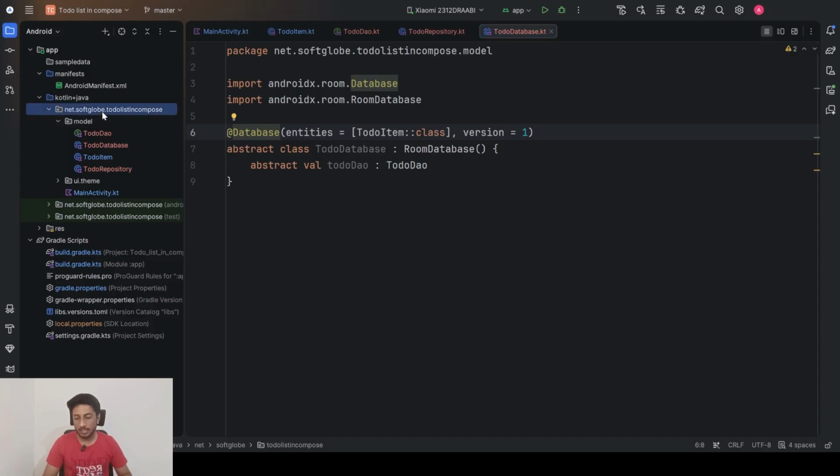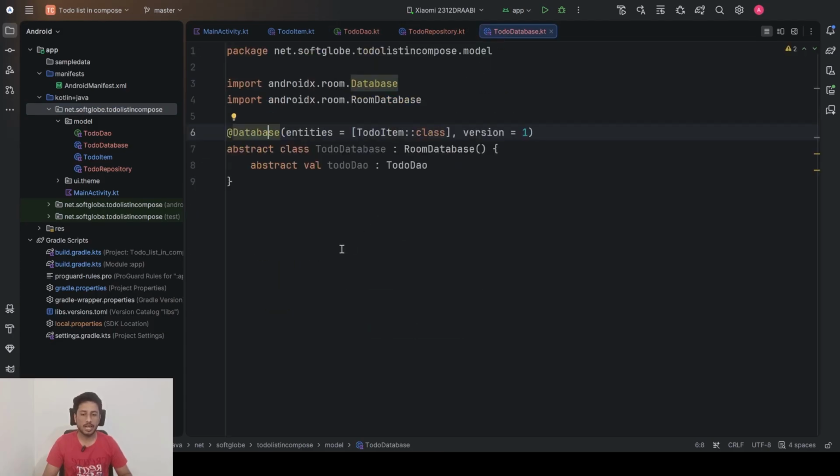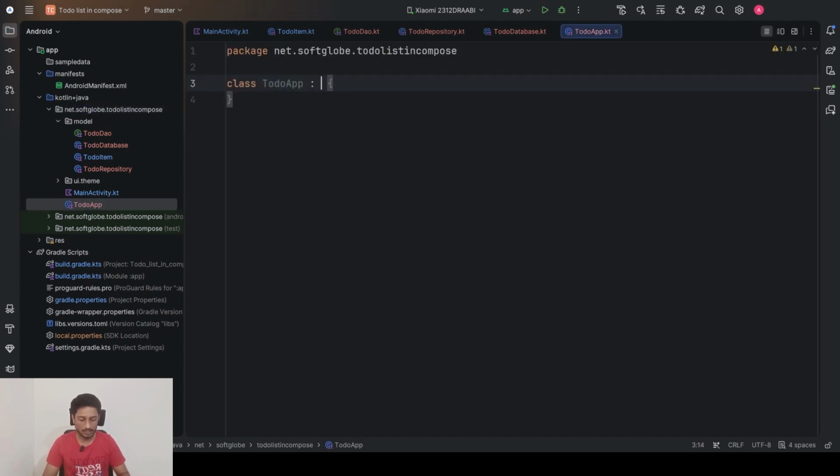Now we need an instance. Whenever we initialize the application, all these instances should also be initialized. So the repository instance and this database instance should be initialized, and the best place would be to initialize them at the start of the application. It is not in the main activity, it will be an application class. So I'll just create a new class which will extend from the Application class, as ToDoApp, because the Application class is the first one